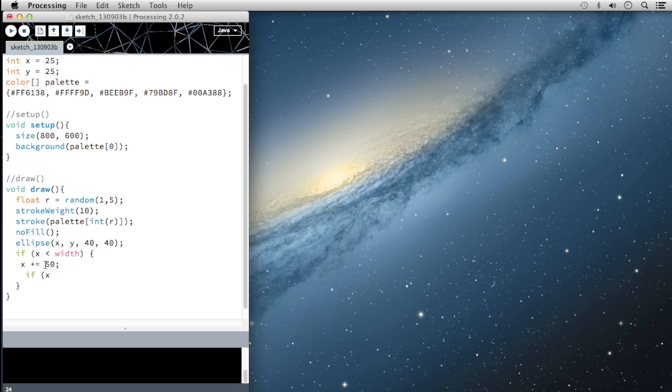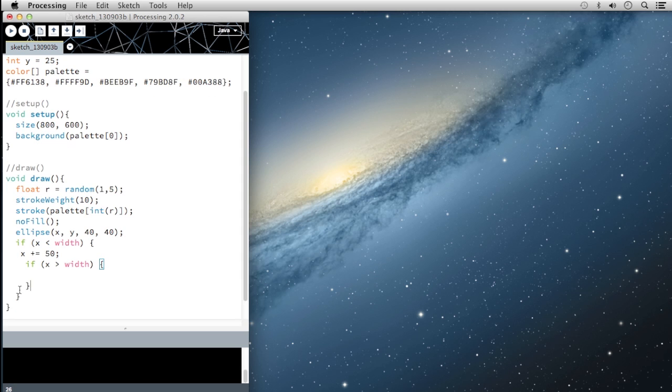If x is greater than the width, this time instead of less than the width, then we're going to open a new set of curly brackets, and again, for good practice and to avoid confusion, I'm going to go ahead and put my closing. As you can see, we have nested here 3 different levels of curly brackets. So now inside of here is where I'm going to type my code, and we're going to do an add a sign,